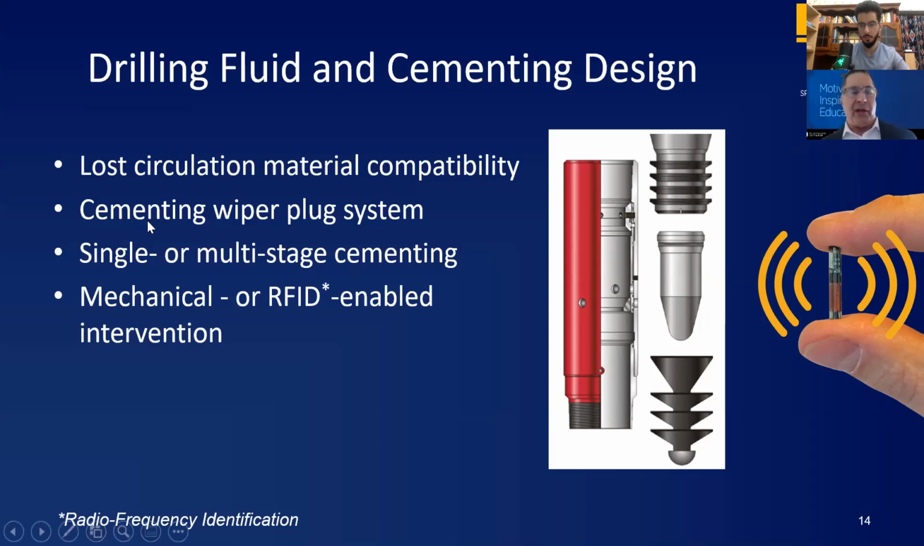You should have a liner system that can be designed for a 2-plug or 1-plug wiper plug system. Sometimes we'll drill a liner in with a multi-stage cementing capability. This is the same as a conventional liner system. There's mechanical, and now they have RFID, or radio frequency identification enabled intervention, where the advantage of this is it doesn't require any mechanical intervention to activate the stage collar. You activate it through a pressure pulse or an